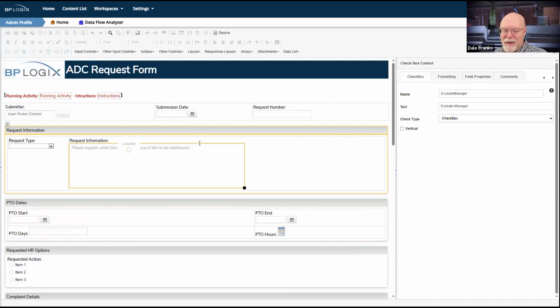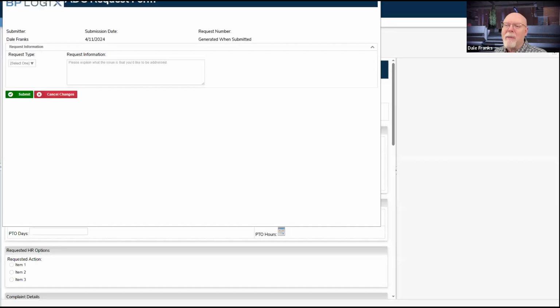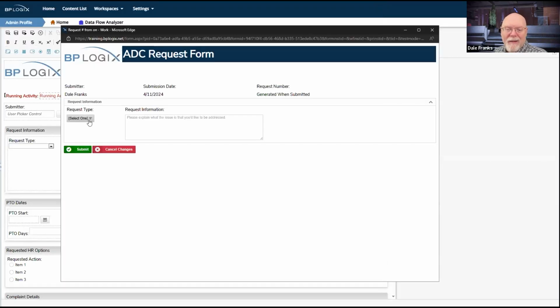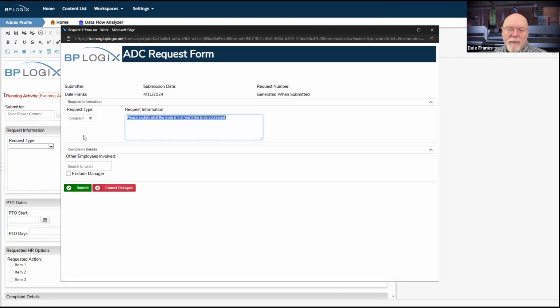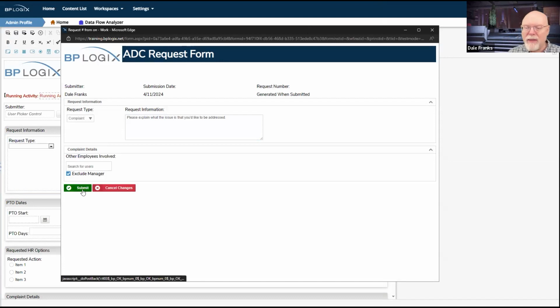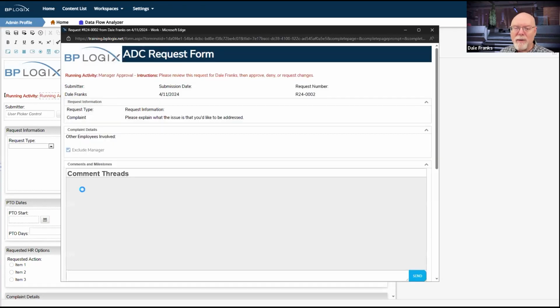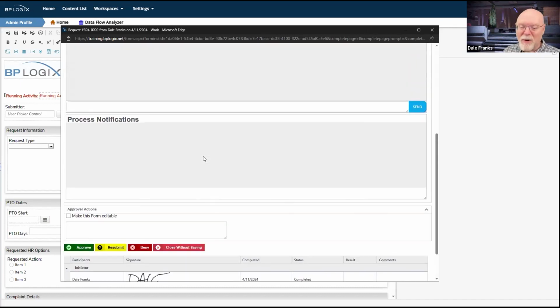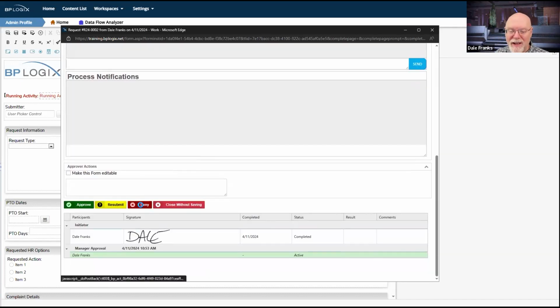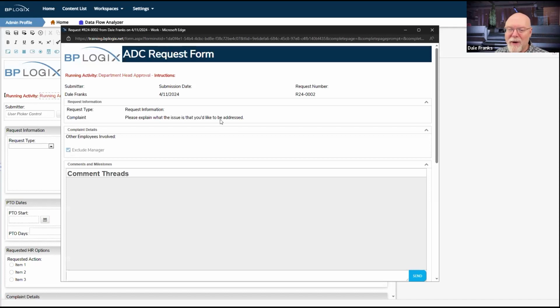Sure it will. It'll just pop right up there. There we go. Okay, great. We have to do a complaint and we want to exclude our manager, and then we want to submit our complaint. And what I would expect, of course, is for the manager to be, oh, it did go to manager approval. This worked. Please review this request for Dale Franks. Approve, deny, request changes, but I don't want my manager to see this. So we're going to hit deny there